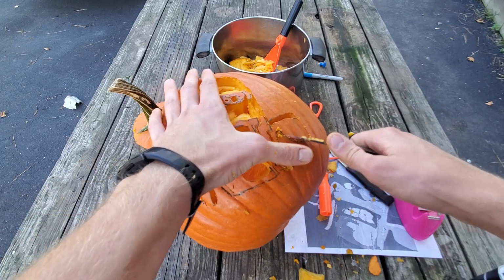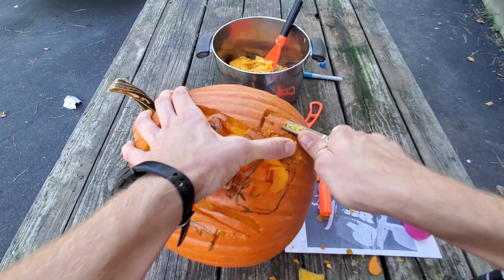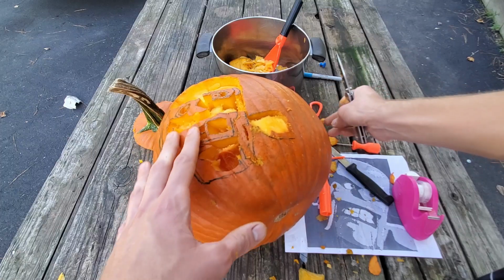Please be careful when you're carving a pumpkin with a knife. Try to keep your hands out of the way of the knife and don't hurt yourself. Please don't do what I did. And I actually continued to carve with a knife for a little bit until I remembered that I had this